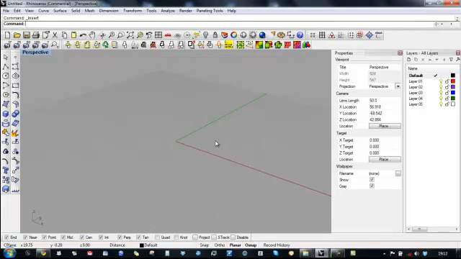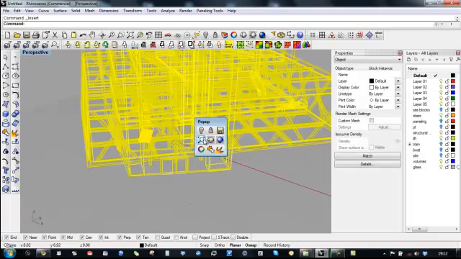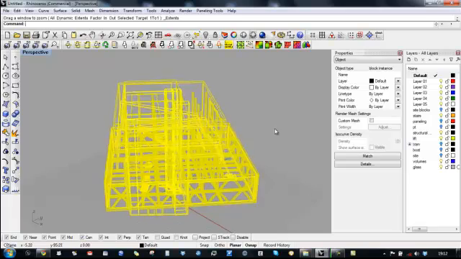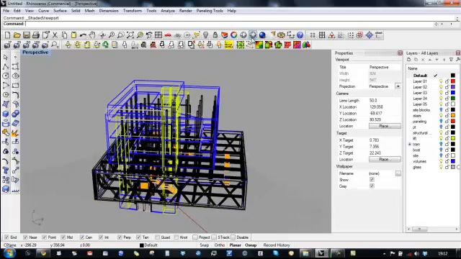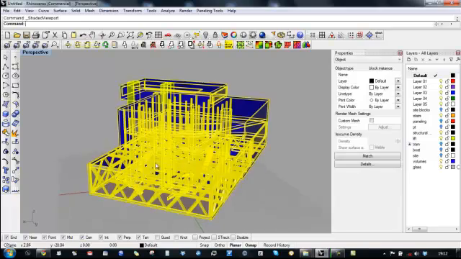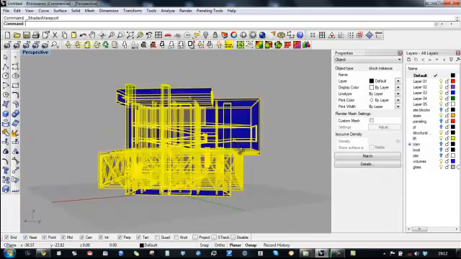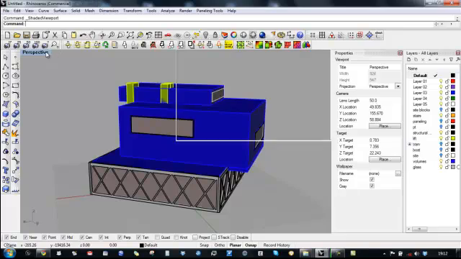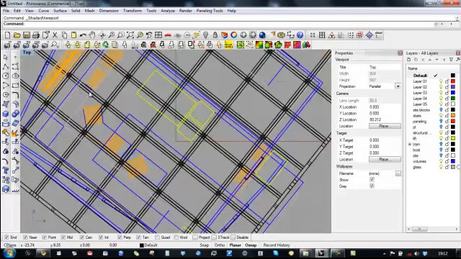Rhino is gonna read the file. We're gonna do a zoom extend, and there it is. Now the good thing about this workflow is that this model is now seen as a block instance. So now what we're gonna do, we're gonna go in top view,